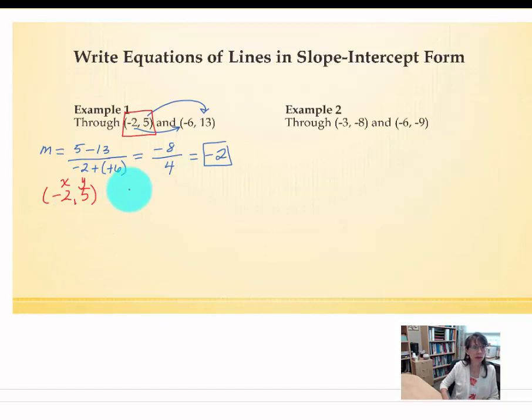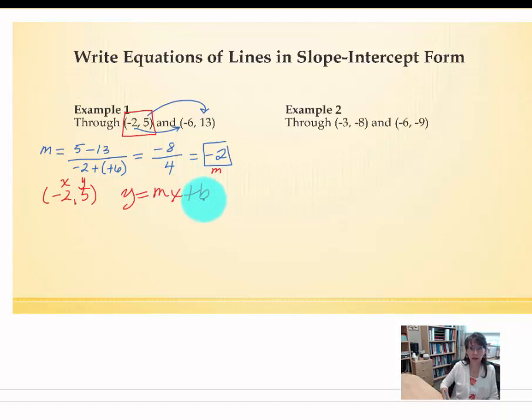So we're going to be using y equals mx plus b to help us write our linear equation. Since we know what the slope is, in other words, we know m is -2, we know x is -2, and we know y is 5, we can substitute those three values into our linear equation and solve for b,